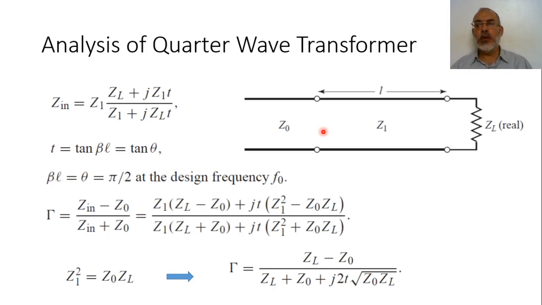The question now is, what would be the reflection coefficient as a function of frequency, not exactly at the center frequency, but around the center frequency? We can obtain the reflection coefficient gamma as Z input minus Z naught over Z input plus Z naught, where Z input is Z1 multiplied by (ZL plus jZ1T) over (Z1 plus jZLT). Okay? So, by replacing Zin by this term and taking Zin minus Z naught over Zin plus Z naught,